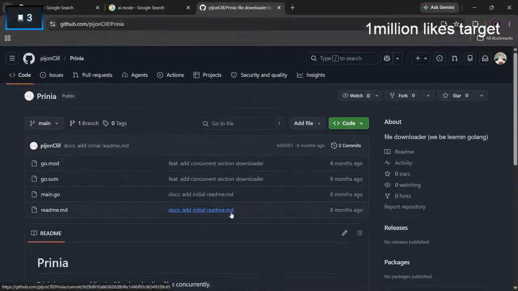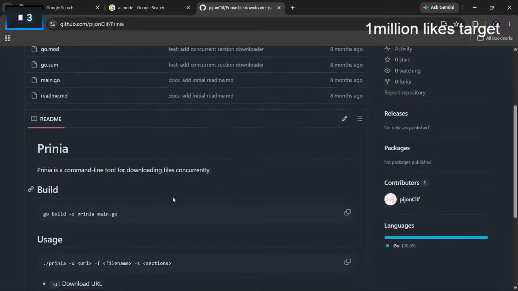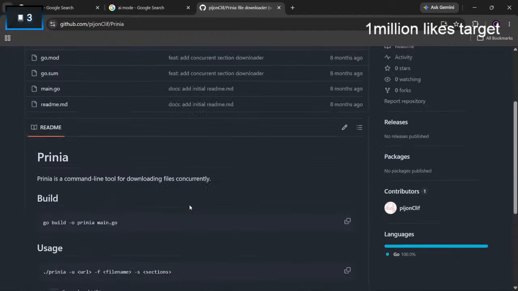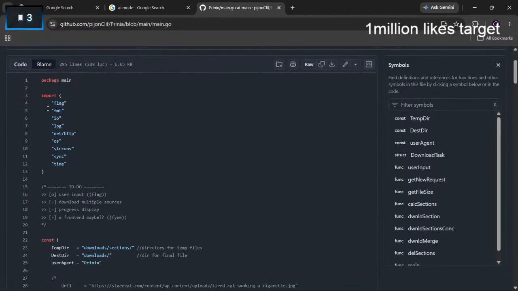A file downloader, e-learning Go. Cool. So it's already created, what the fuck? We have a flag, fmt, io, log. I don't know that log.